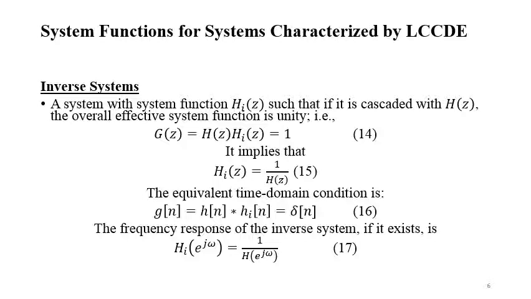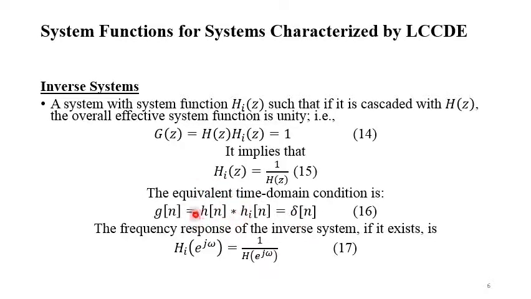So if distinct input leads to distinct output, in that case the system is said to be invertible, and for the invertible system the inverse exists. We have done this while doing the topic on signals and systems, and you know that if the system is invertible and it is cascaded with the inverse system, then the output will be equal to whatever you give it as input. So for example, in time domain we say we have a system which is represented by h,